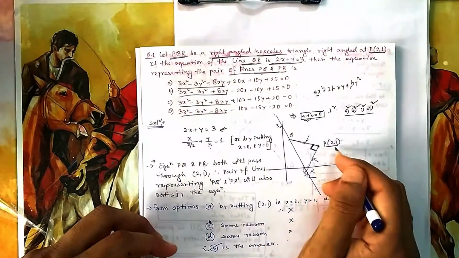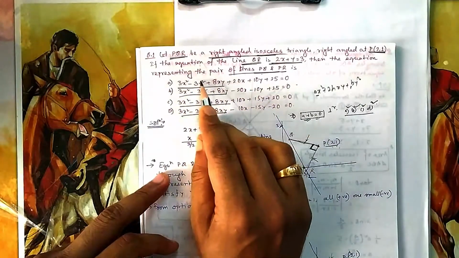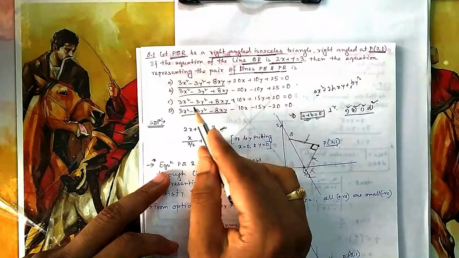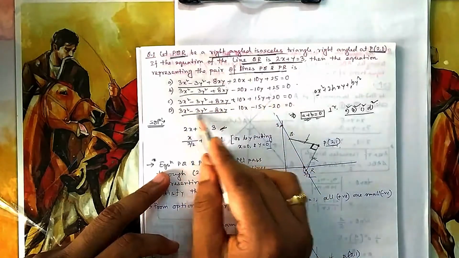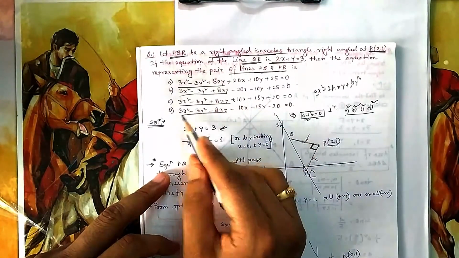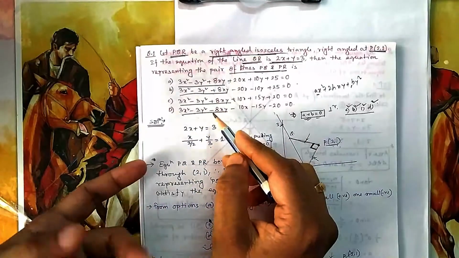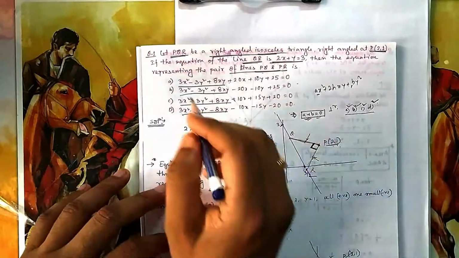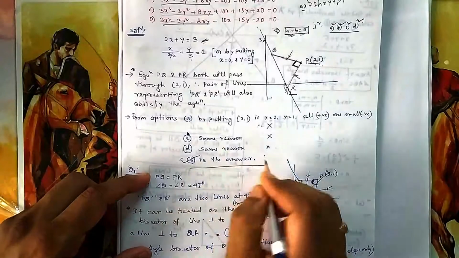Okay. So if you put the point (2, 1) into the first option, you see all are positive, only one small negative, so obviously it will not be 0. You see option C, all are positive, only one is negative, so it will not be 0. If you see the third option, all negative, only one positive, if you put it in, you will find this is a large number and this is small, so this will also not be 0, because all are positive here, and 2 and 1 are also positive. So obviously we are left with option B. So you can see B will be the correct option from here.